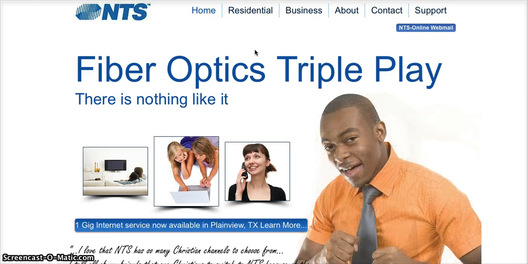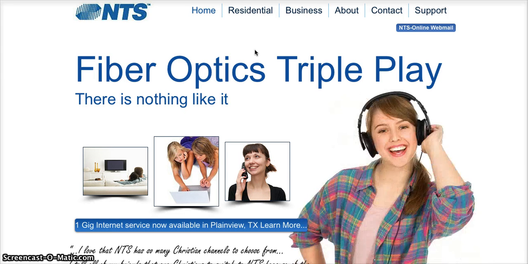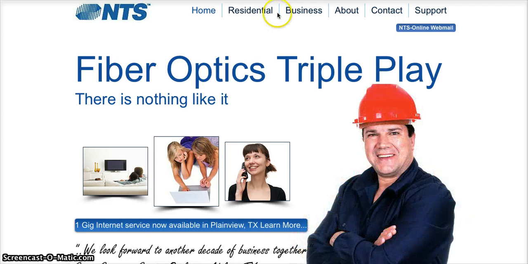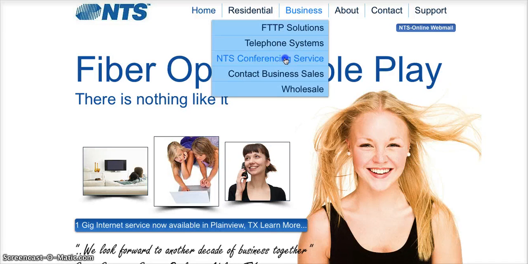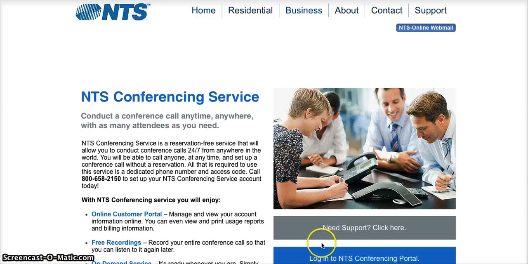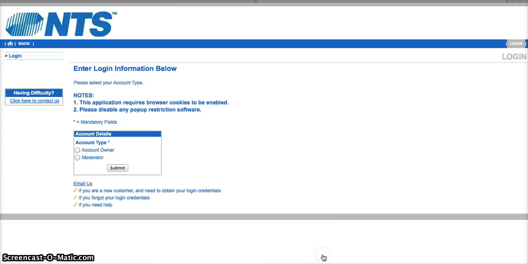Today I'm going to walk you through our online portal where moderators and administrators have the ability to manage their conferencing account directly online. To access the Customer Self-Serve Portal, often referred to as CSS, please visit our website and then click on the Business tab. From here, you're going to click on NTS Conferencing Services, and then you can click on Login to the NTS